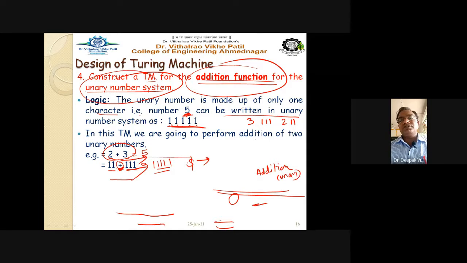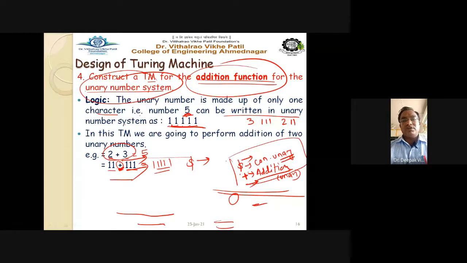Before this addition, we saw the concatenation operation, right? Concatenation of unary number system. In both cases, a dollar symbol is there. In case of addition, here is a plus symbol. We have to move this plus to the right hand side. Dollar symbol is to be moved in the right hand side direction. That is actually the logic that we have to remember in both examples, the addition function and the concatenation.